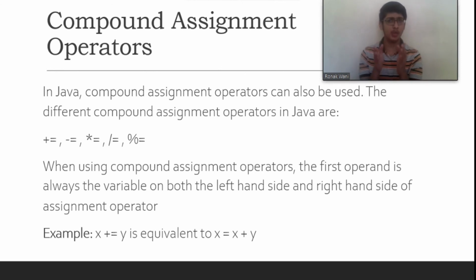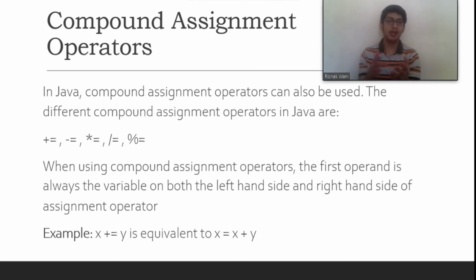So whenever you are using the compound assignment operators or shorthand operators, always remember that if the operand is not on both the left hand and right hand side of the assignment operator, then you cannot use the compound assignment operator. Like for example, if it is x equals z plus y, then you cannot use the compound assignment operator. You will not get an error, but it will give you a wrong output, since you want x to contain the value of z and y, but you will get x equal to the value of x plus y.